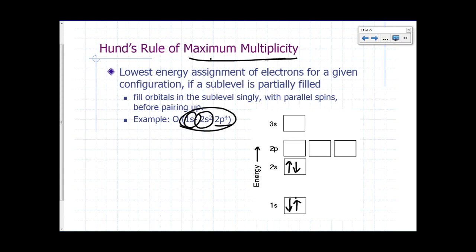And like I said, the customary way of doing this is to start with electrons spin up first, spread them out, and then put the next electron spin down, start pairing them up after you spread them